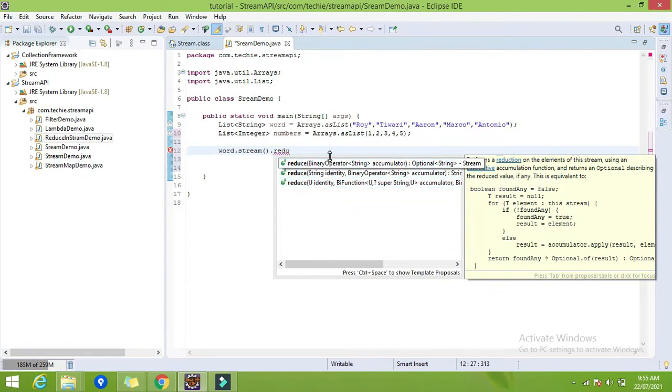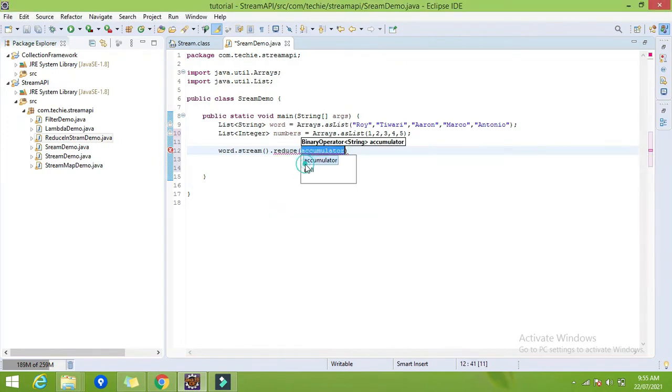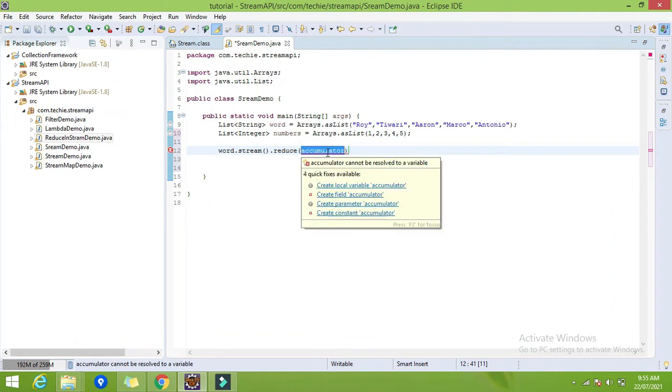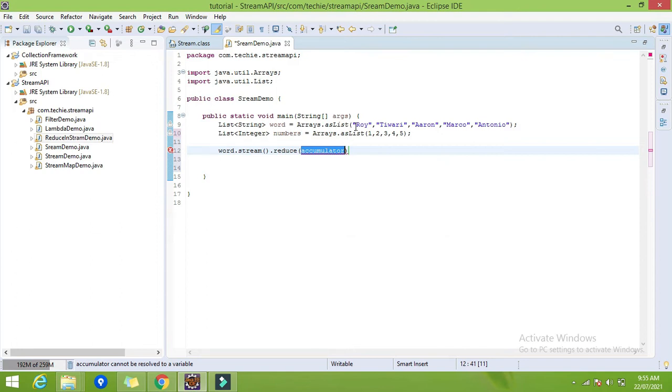I will explain one by one. So let's try with the first reduce, the accumulator. In the first variant of the method, it takes only one parameter, that is the binary function or binary operator. For the binary operator we require two parameters. I want to concat the strings, right?